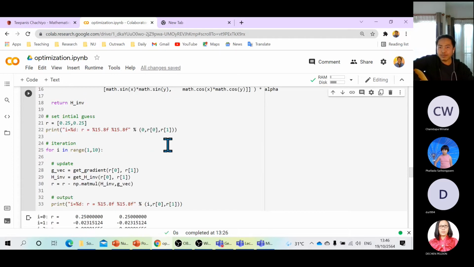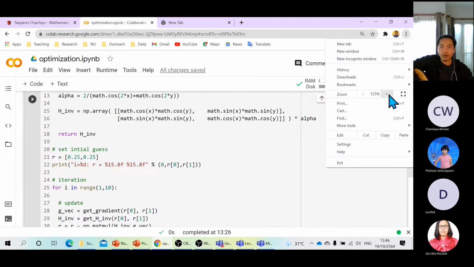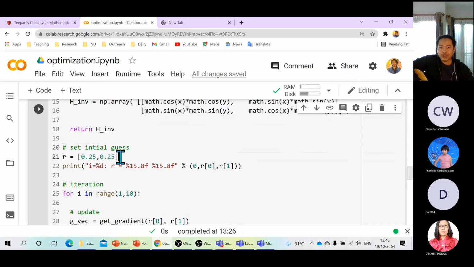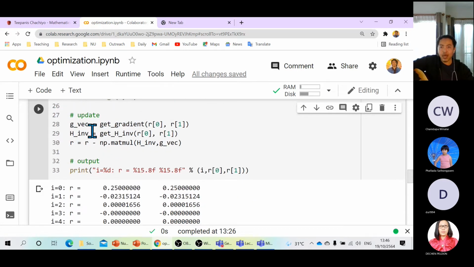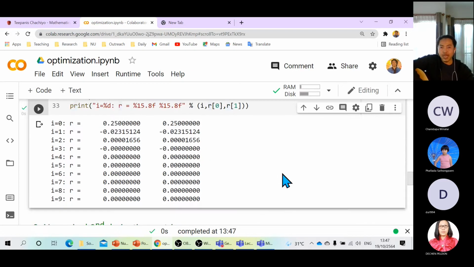So in the beginning, let me zoom in just to see it better. I pick the initial guess right there, and then I just keep updating. I compute the gradient vector, compute the Hessian, and then multiply them with each other, subtract that from the previous value, I get a new one, and I go in a cycle like this. If I click run on this code, that is the answer. So it goes to the answer very quickly. Only 5 iterations, or 4 tops.